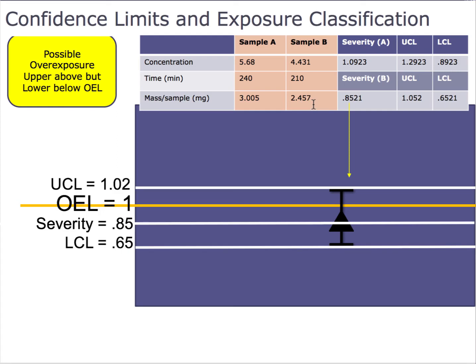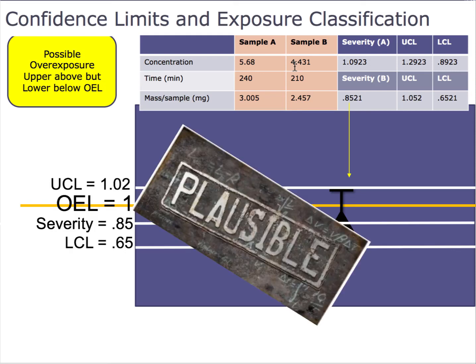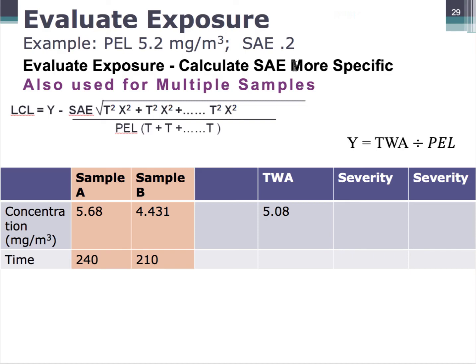So here again is, I put some numbers in so you can see that the OEL is 1. Our severity was 0.85 because our sample was less than the occupational exposure limit, which was 5.2, the OEL in this example. Our lower confidence limit is below, but our upper confidence limit is above. So we have a possible overexposure. This is one that we could have missed if we just took the concentration at face value. So what we need to do is, our overexposure is plausible, but we need to do a more